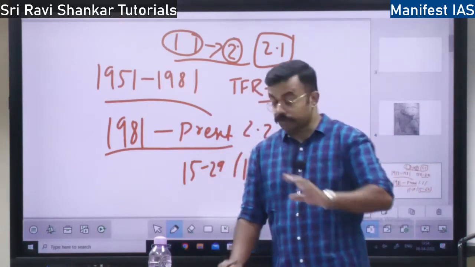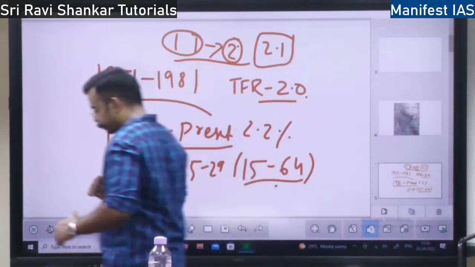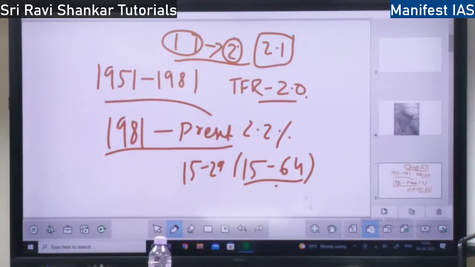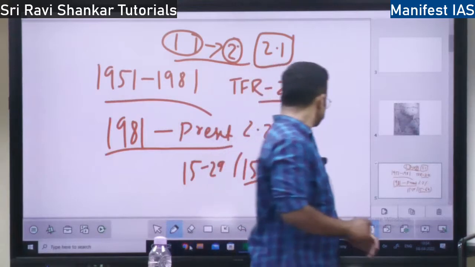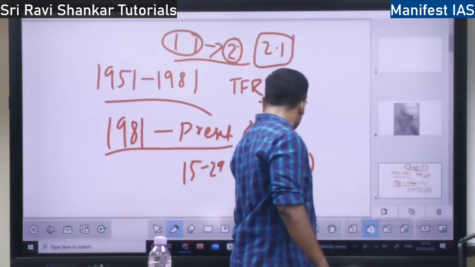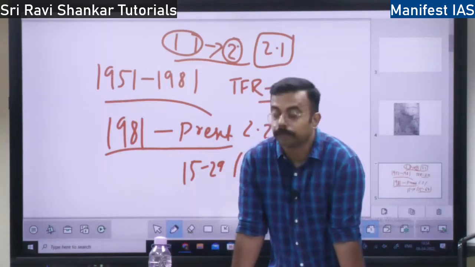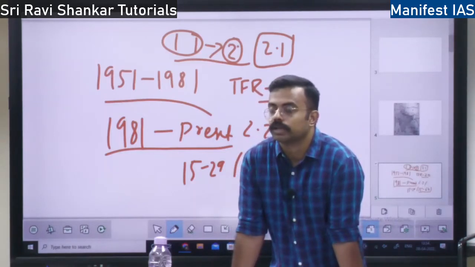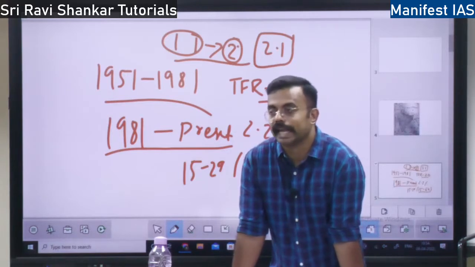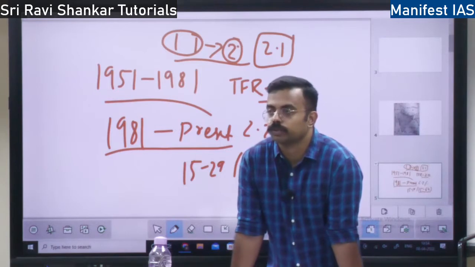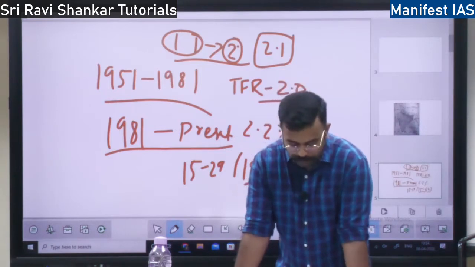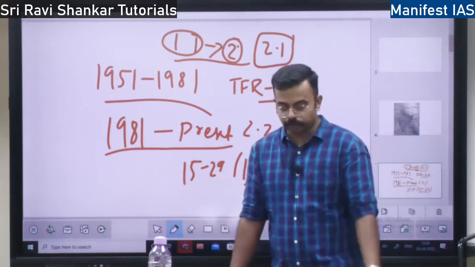Next, with respect to population growth, we should talk about Thomas Malthus, we will talk about it later. I have to show you the demographic transition theory, that is very, very important. So what is the population composition? Composition of the population in India. Composition means what is the age group of the population? So are we having high youth population or high old population or high children population?